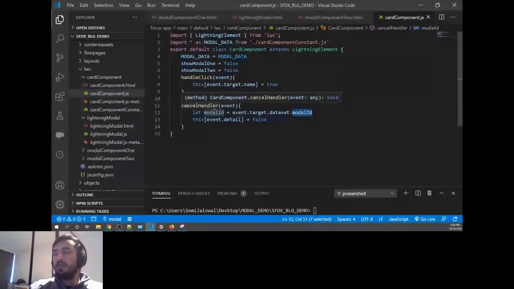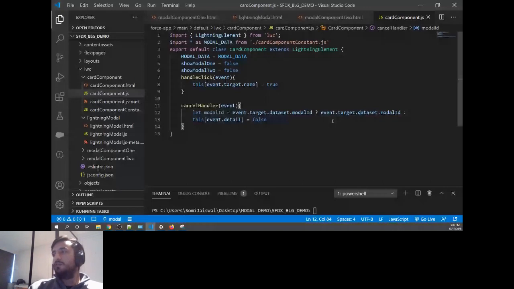But the problem will remain the same. Whenever I click on the close icon, it will call the event.detail, but when I'm calling the button, it will give me this. So what I can do is a ternary operator and check if modelId is coming from dataset. If it is coming from dataset, use this. Otherwise, if it's not coming, use event.detail.